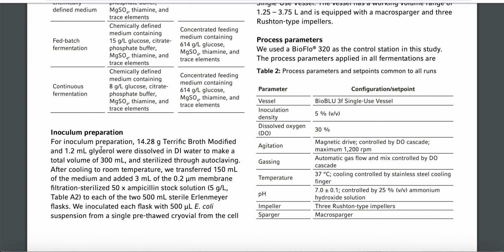Inoculum preparation. For inoculum preparation, 14.28 grams terrific broth modified and 1.2 ml glycerol were dissolved in DI water to make a total volume of 300 ml and sterilized through autoclaving. After cooling to room temperature, we transferred 150 ml of the medium and added 3 ml of the